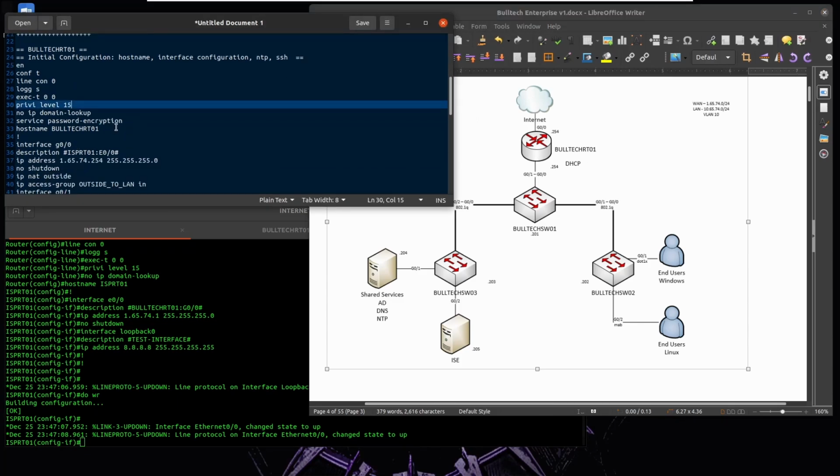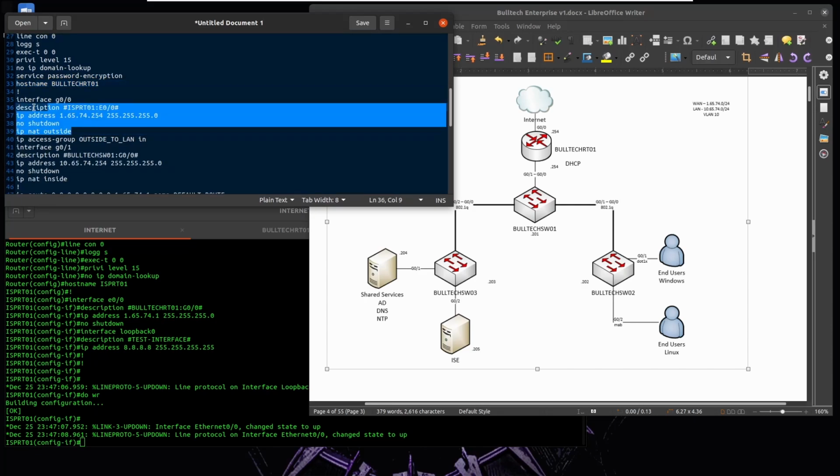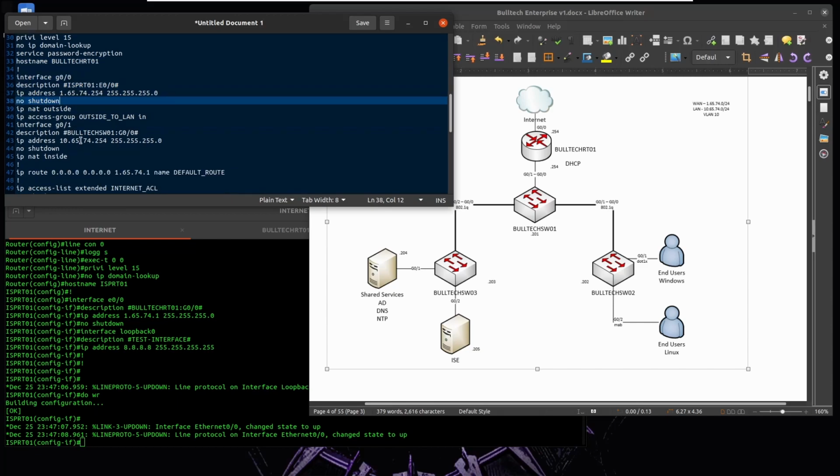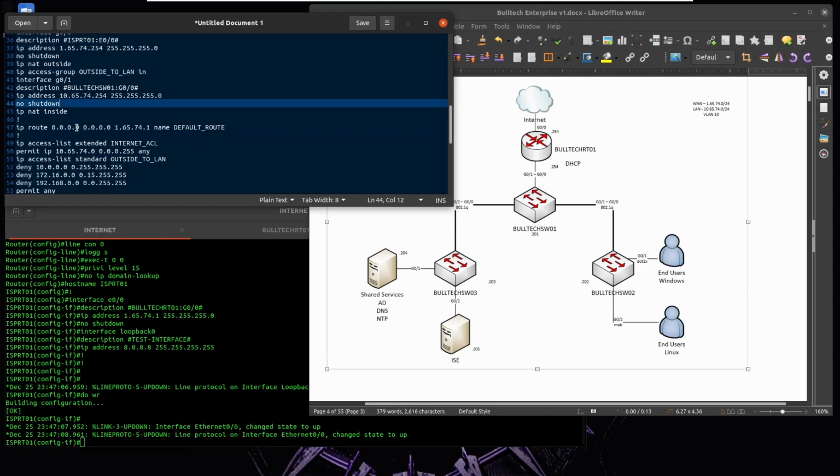And our gateway router. Basically, I'm adding its hostname. This is service password encryption. The IP address towards the ISP router, and I'm also adding an access list just to filter RFC 1918 private IP addresses from coming from the internet, and setting the default route towards the ISP